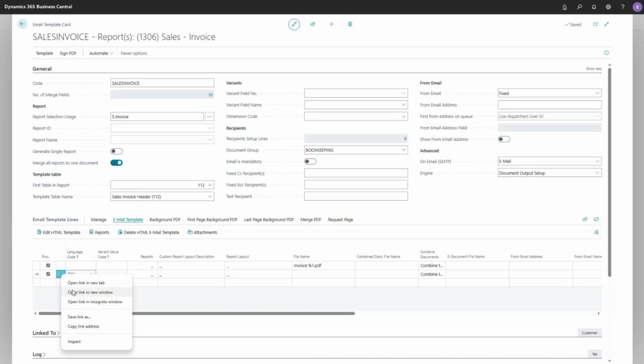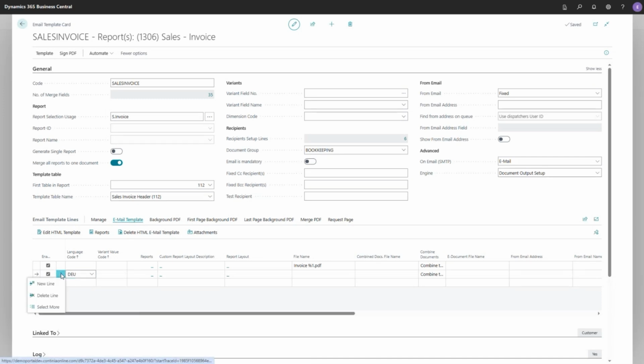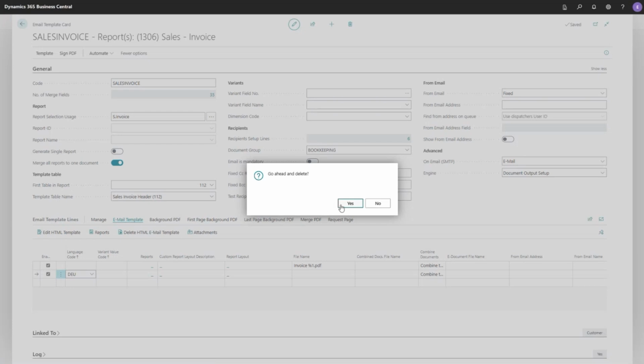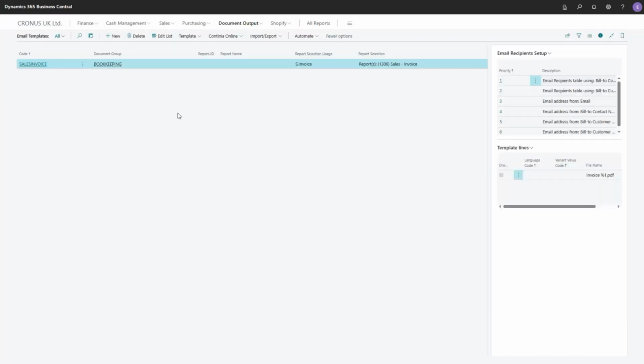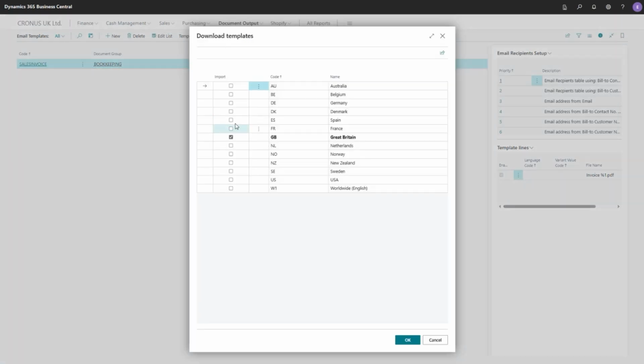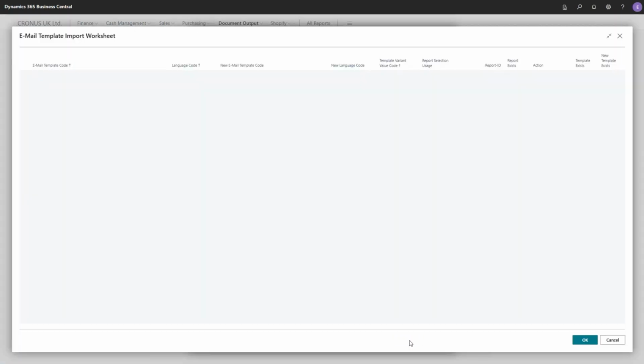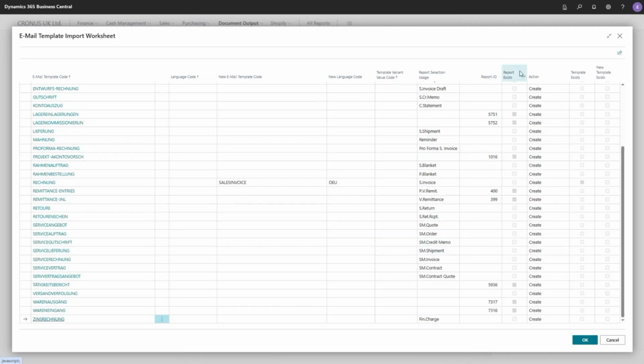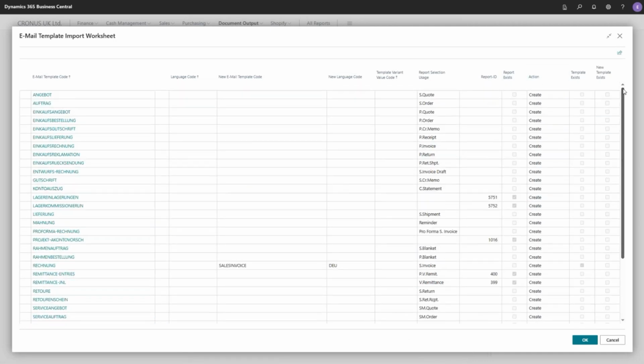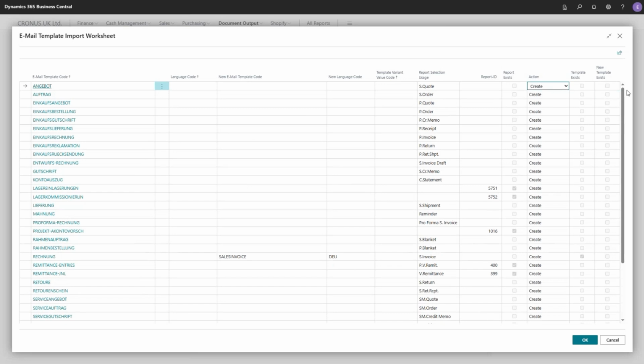What that does is that we will download the German template, which is available here. And instead of adding to the list of templates that we were just seeing before, it just included one single template at the moment. But instead of adding one there, which would create a conflict because they would run on the same report,